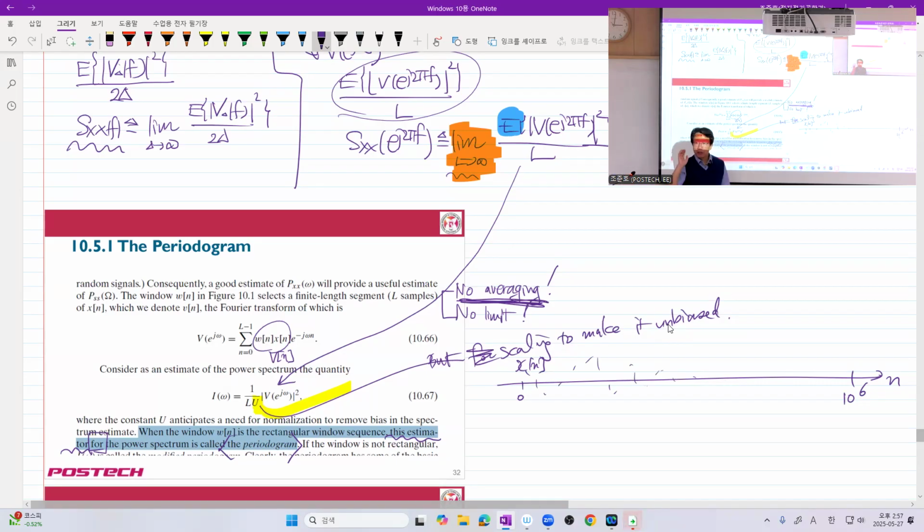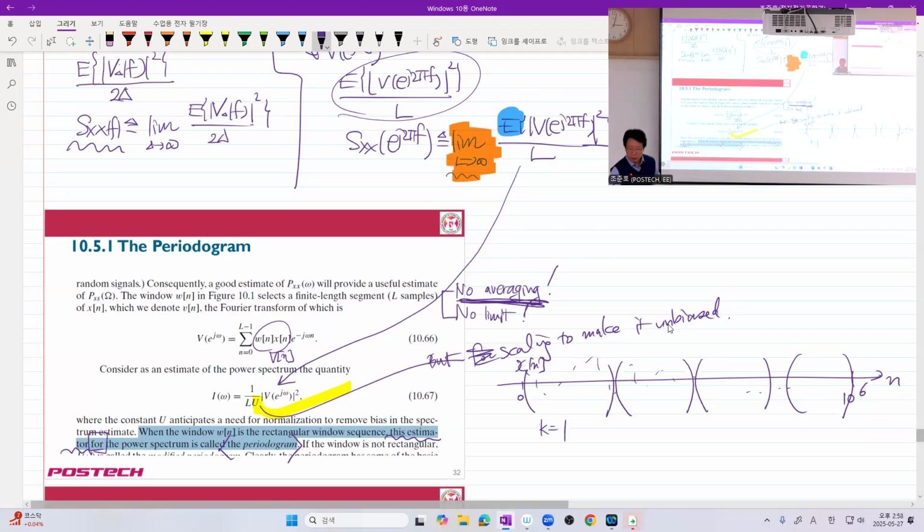Then there are direct methods to use very large window lengths from 0 to 1 million and compute the periodogram just using this one only. Another one is that we divide it into many segments. Of course, we assume that if we observe this one, then we have enough length to extract our information. In that case, suppose this is the